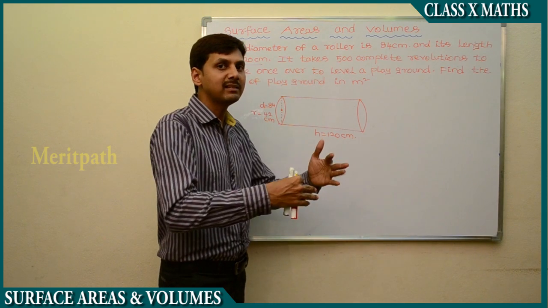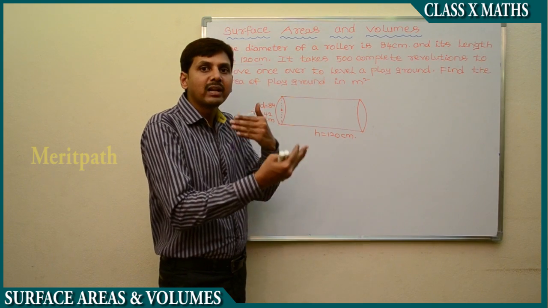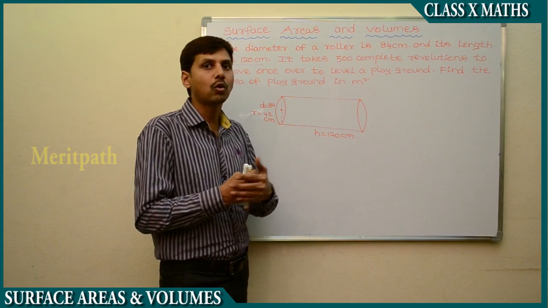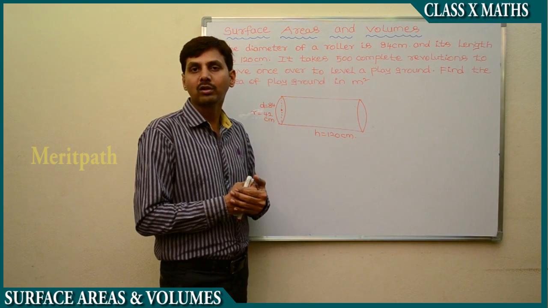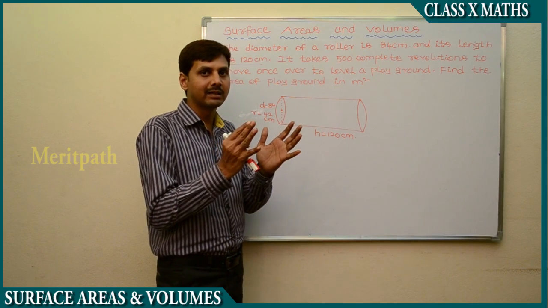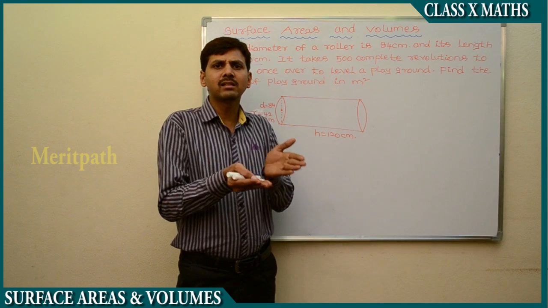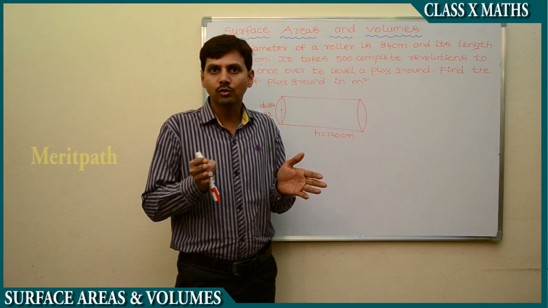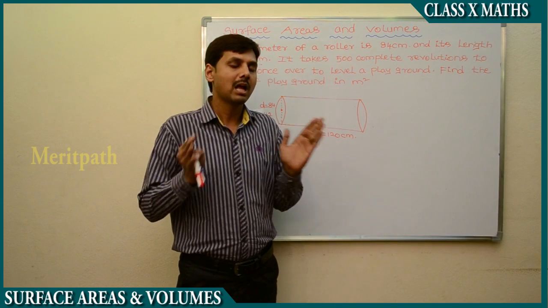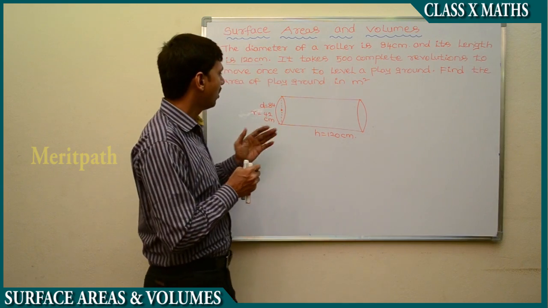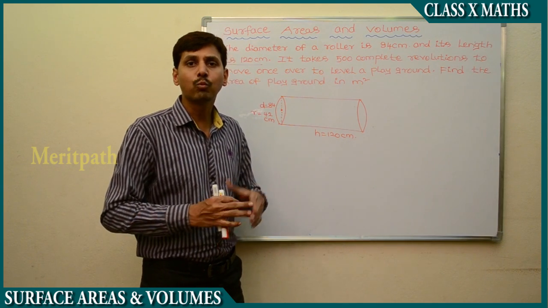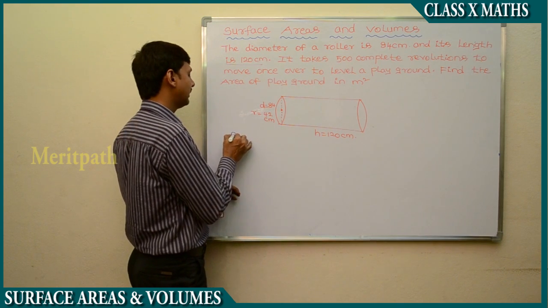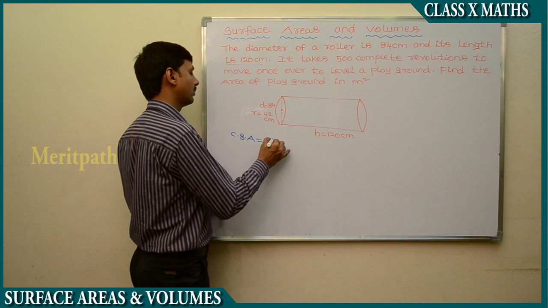So we roll it once. It's totally the curved surface area, which is 2 pi r h. We need the 2 pi r h formula for one revolution of the road roller. We have taken a cylinder and rolled it. So one revolution is taken on the surface of it, not the bases. We remove the bases of the cylinder and get only the curved surface area. So the curved surface area of the cylinder, CSA, is equal to 2 pi r h.